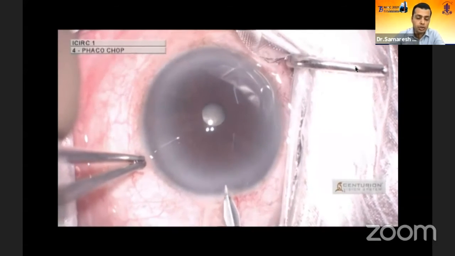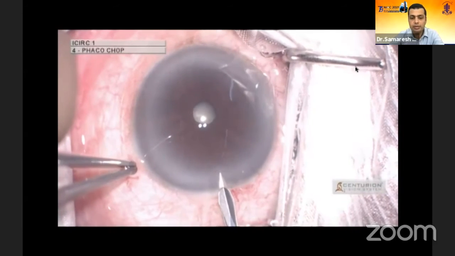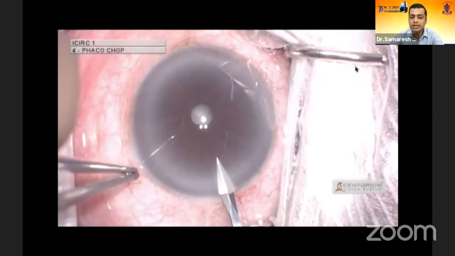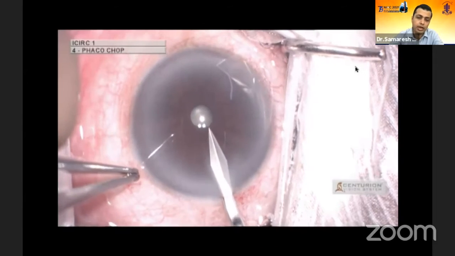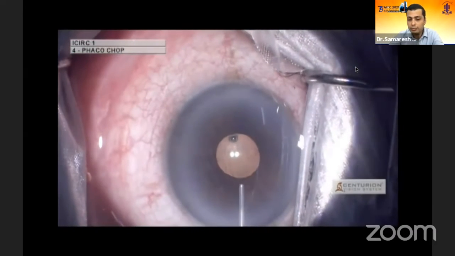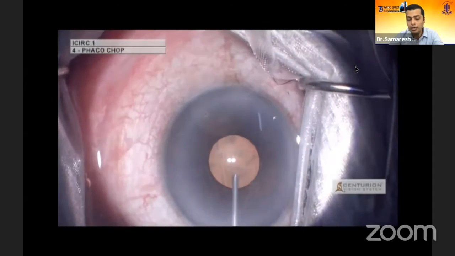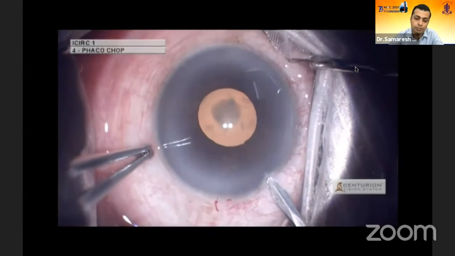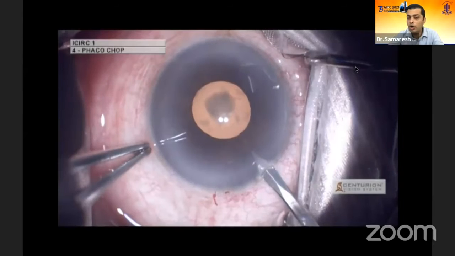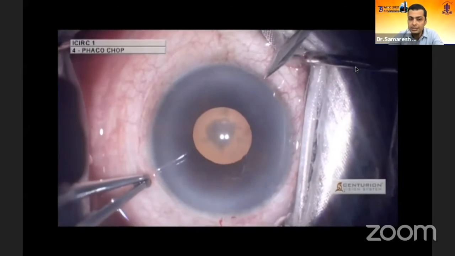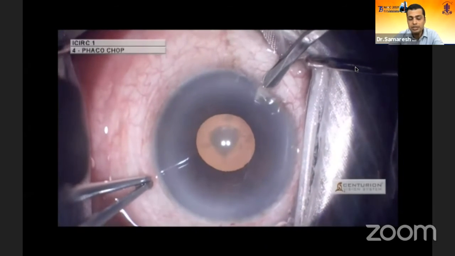Another case, I'm not going to show you, this is not because Dr. Sujata Madam is taking small pupil management. I'm just going to discuss that this is an extremely hyperopic eye, small anterior chamber and non-dilating pupil. So my first incision that I normally would do in an eye which has absolutely non-dilating pupil and absolutely shallow anterior chamber is a side port incision using an MVR knife and not a main incision, because it gives me a very limited access to insert, like I inserted dispersive viscoelastic.